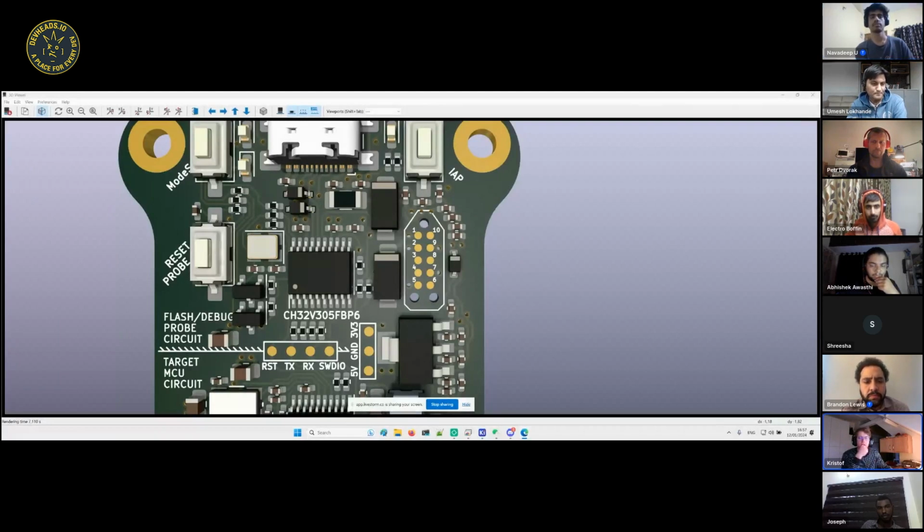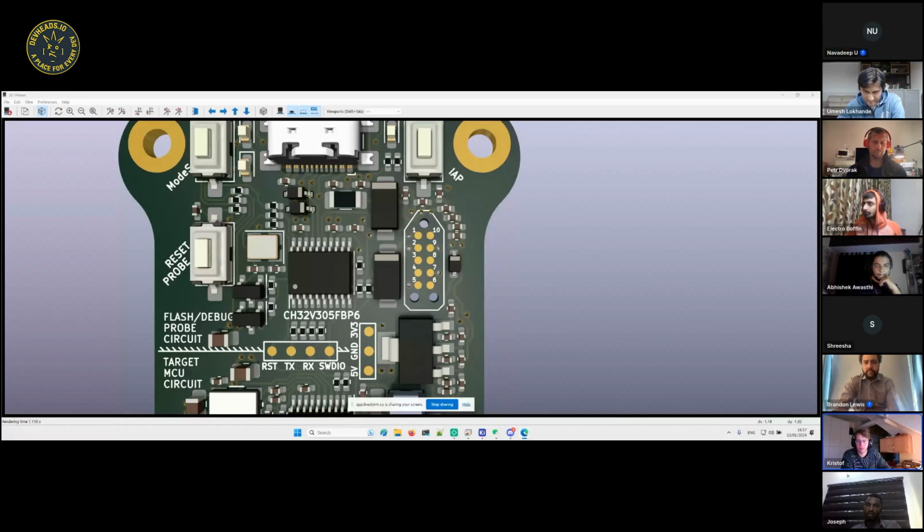So it's like a footprint without an actual connector. You just push the pins of the cable on there, and then you can flash the firmware to this chip. This chip here is the flash debug probe for the board, but it has to be flashed itself at least once. It has to have the right firmware there to operate as the flash debug probe for the target chip. So this connection is to make that happen. It just needs to happen once to initialize the board, and then it's fully operational.